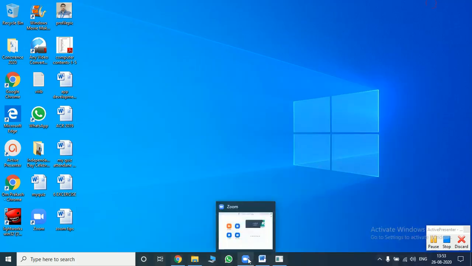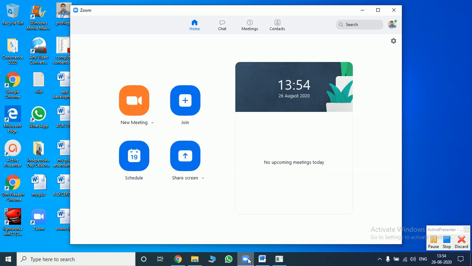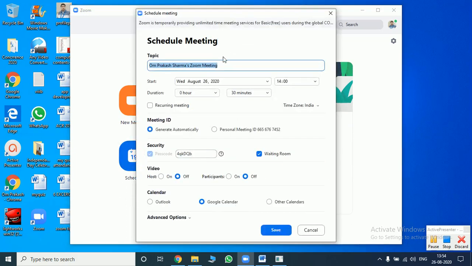So let's start the Zoom meeting app, that is the Windows client, installation that I have already done. For scheduling a meeting, you just click over this button, schedule, and in the topmost text box you please write your event name, like Zumba conference 2020. You please write in this way so that everything is known to everybody.